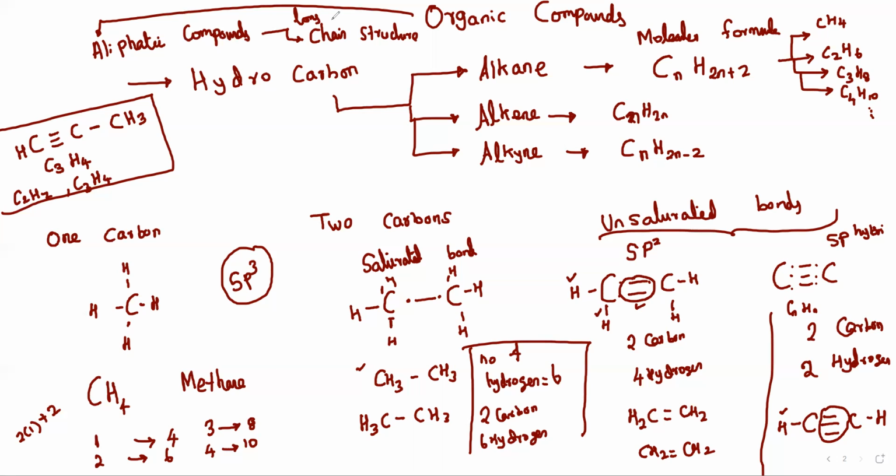So aromatic compounds are the other main classification in organic compounds. Organic compounds are mainly categorized as two types: one is aliphatic compounds and another is aromatic compounds. In aliphatic compounds, it will be a long chain structure. In the hydrocarbon portion only we are looking. Next, we're going to discuss some 4 to 5 carbon compounds from alkane, alkene, and alkyne.